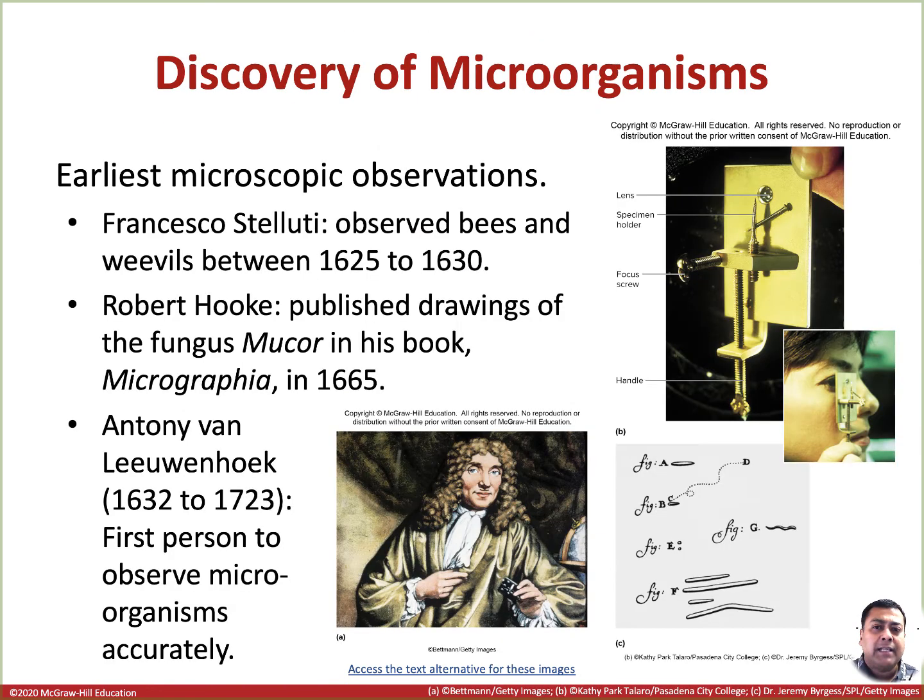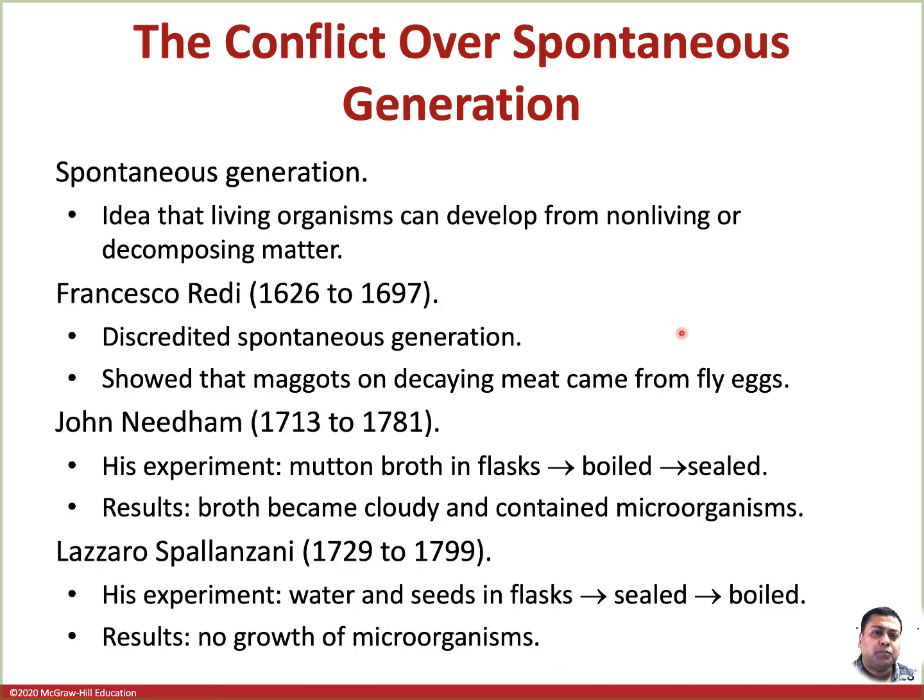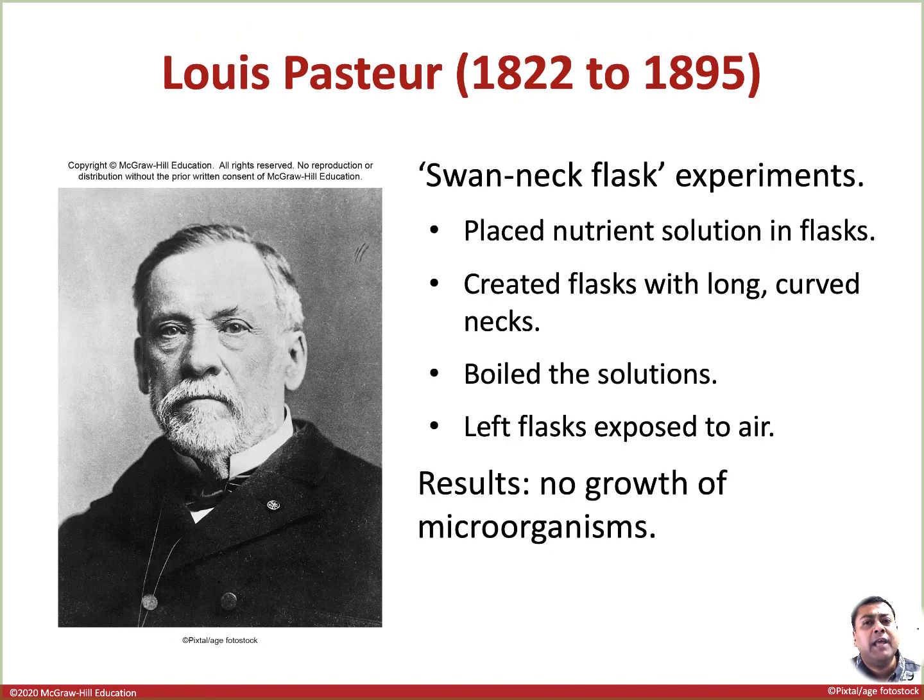So let's take a look at this. These are some of the earliest microscopic observations, by Robert Hooke, and if you remember, Antonie van Leeuwenhoek as the first person to observe microorganisms accurately. These are historical perspectives and very self-explanatory. These are some of the conflicts over spontaneous generation, also very self-explanatory. You can just read it for the historical perspective, and really I'm not going to ask for every name and year. That's not the purpose of this course.